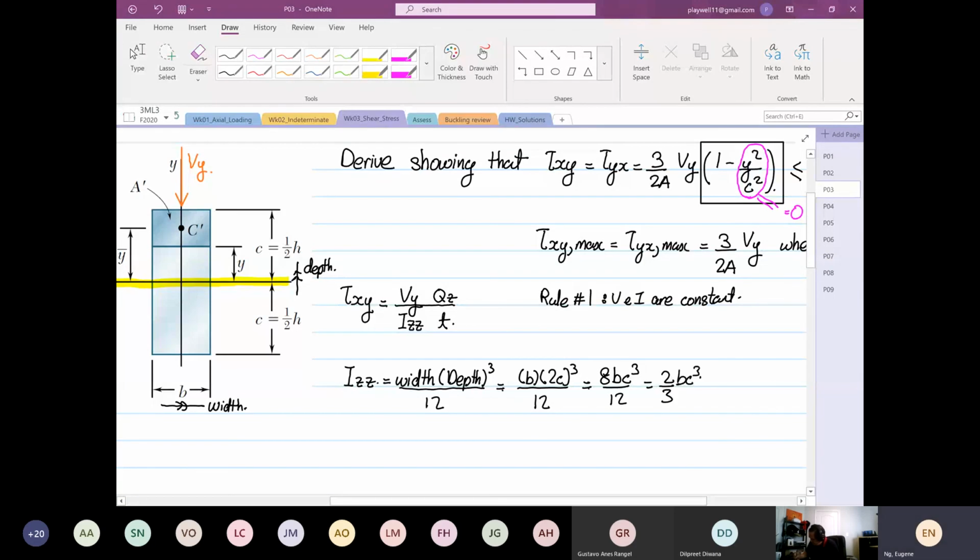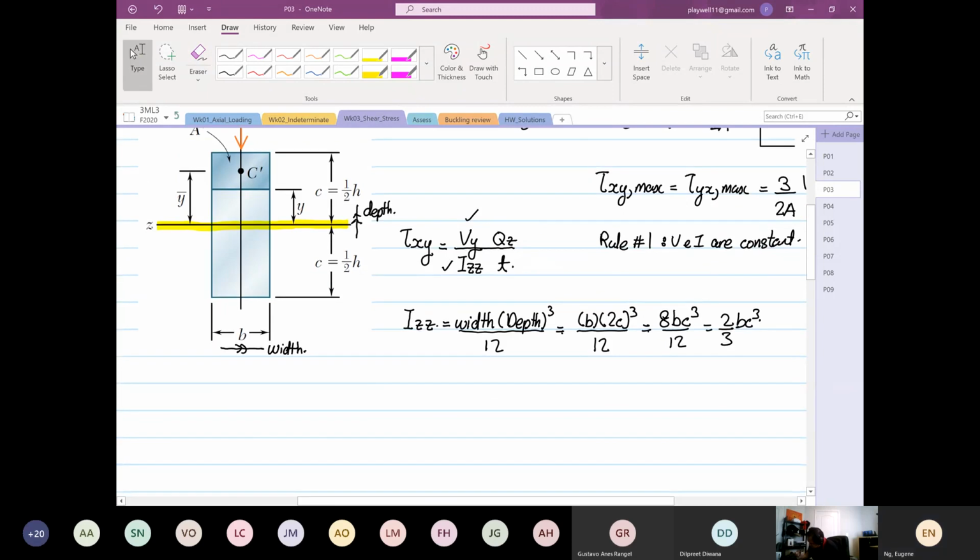So from this formula, we know what is our V. We know what is our Izz. Next, we are going to calculate our Qz. Right? So Qz, as we said earlier, is equal to A